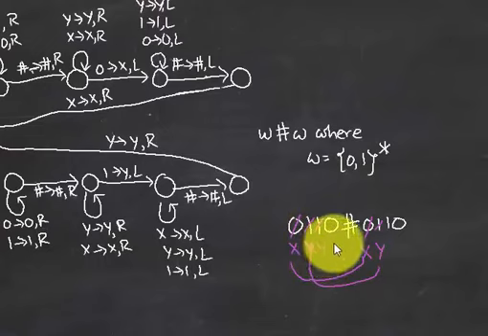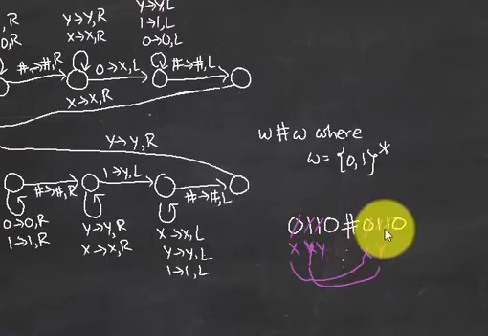Right. After that, we again go to the right, we keep on going to the right, we ignore the x's, y's, and everything, and then when we see another 1 after the hash, if we encounter a 1, then we convert it to y. Then we go to the left, we ignore the y's and x's and hashes and everything,